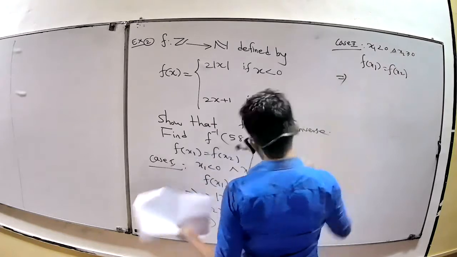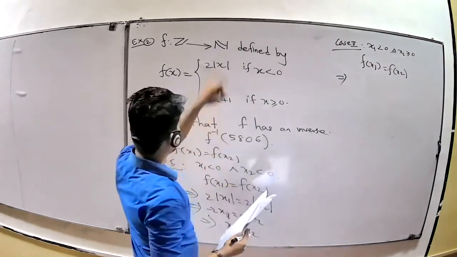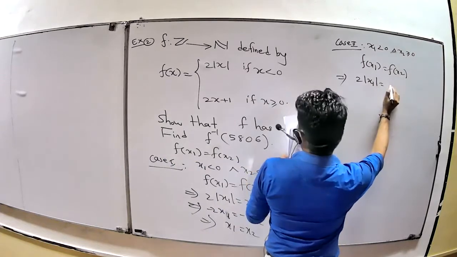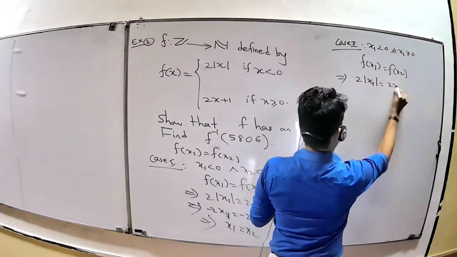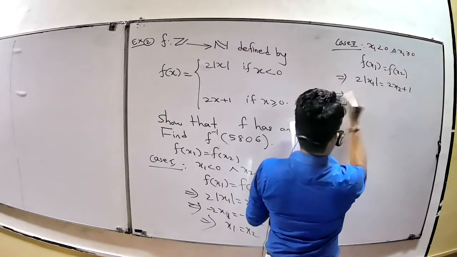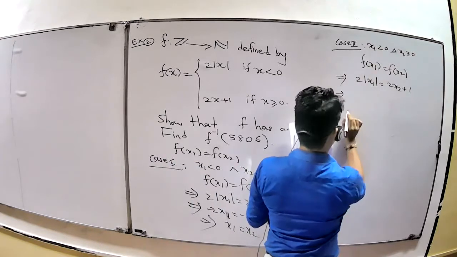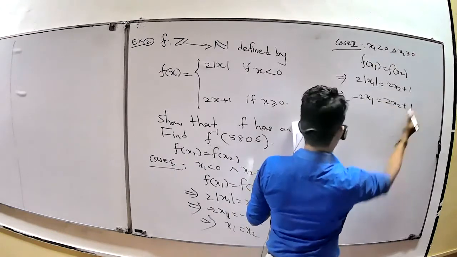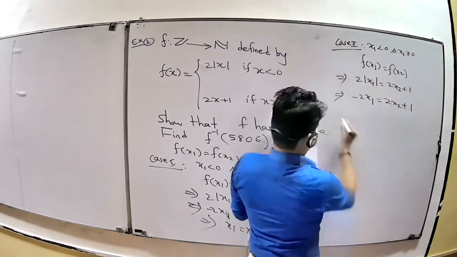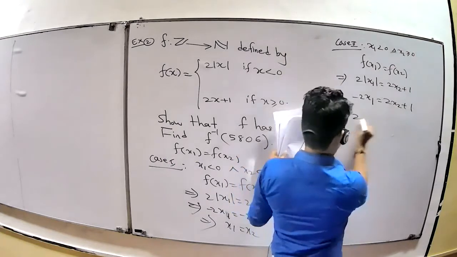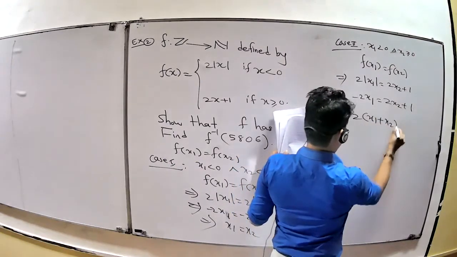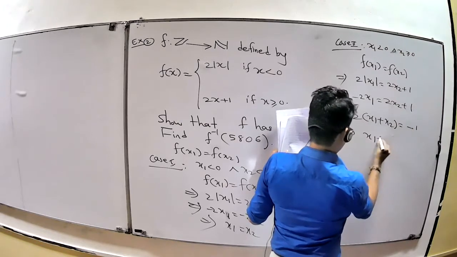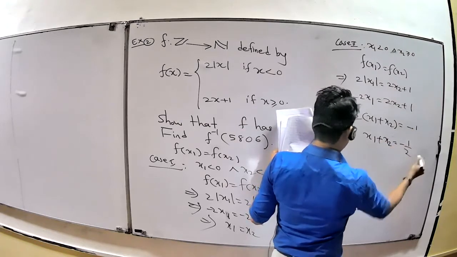For x1 less than 0 we have 2 modulus of x, but for x2 greater than or equal to 0 we have 2x2 plus 1. So minus 2x1 equals 2x2 plus 1. This implies 2 times (x1 plus x2) equals minus 1, which implies x1 plus x2 equals minus half,